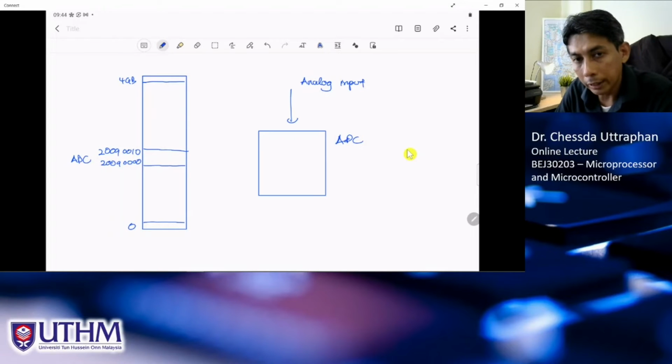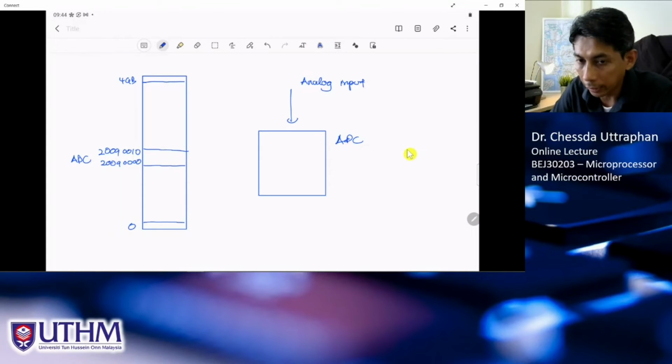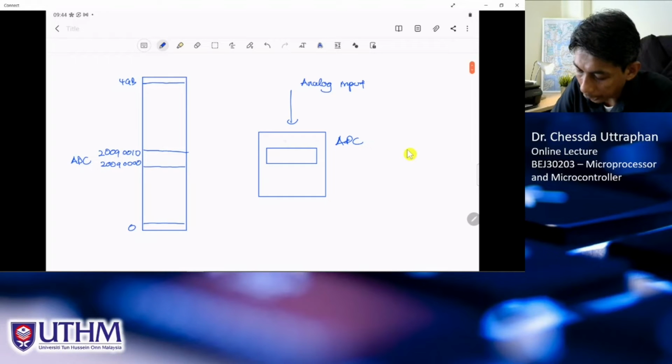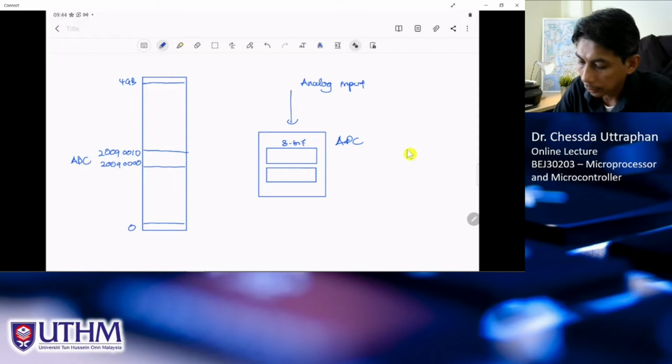When you convert the data from analog, of course, you get the result in digital, and you need a register to keep that result, right? An internal register, which is for example 8-bit also, okay. And you also need many other registers for setting or for controlling the operation of this ADC, right? So these internal registers are mapped